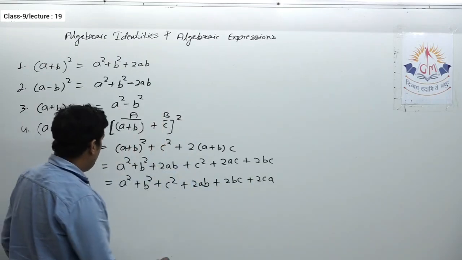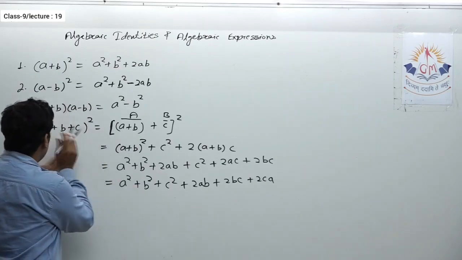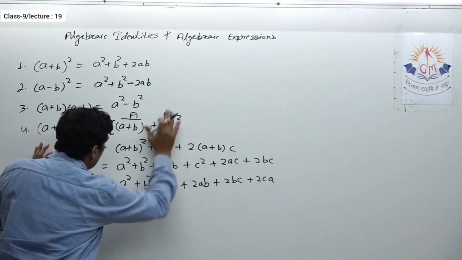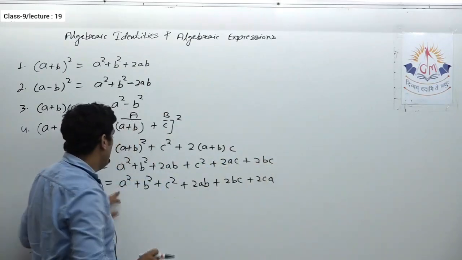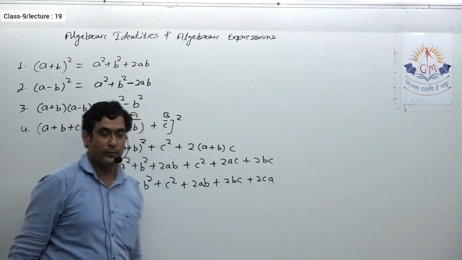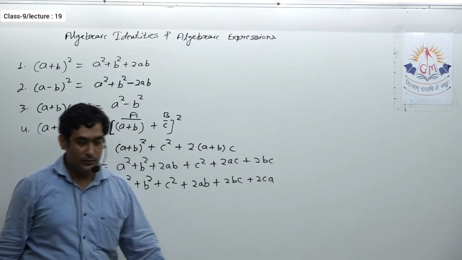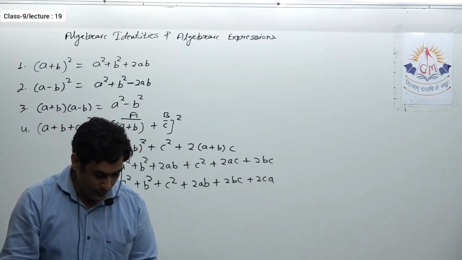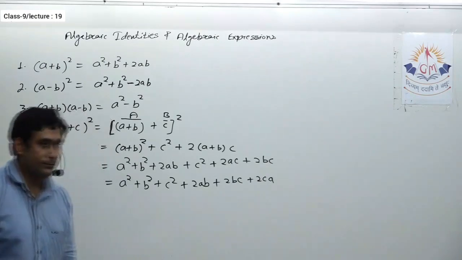Okay, so up till this you can note it down. Remember, you have to mug up only this, no need to mug up this. Only the final result you have to mug up. So note down up to this point, and then we'll see some questions based on these identities, and then we'll move further.